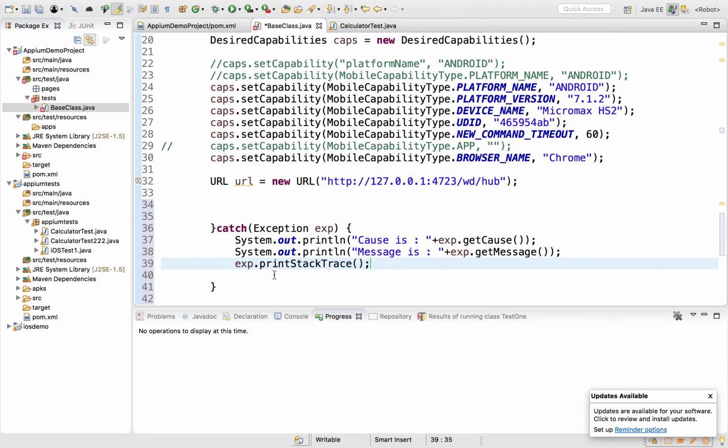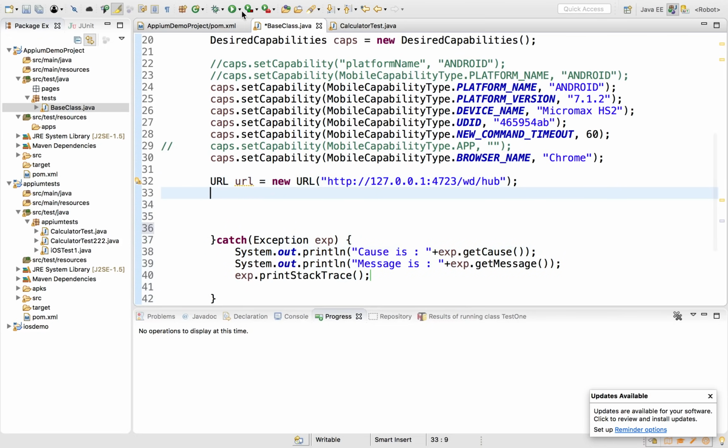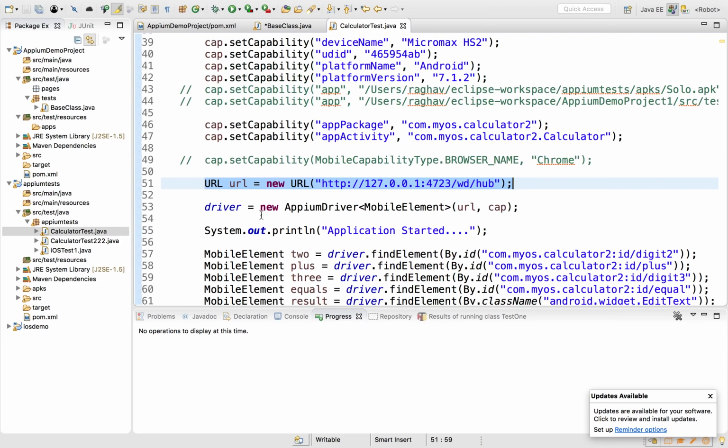So in case there will be any exception, it will come here and all this will get printed, and this will be very handy for troubleshooting. So this is done, and now again I will go and see this is, I have to give a driver. So for that I have to say,